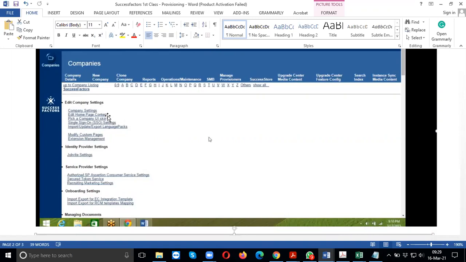The link will be given to SAP, and from SAP to the company, that will also be done through your company details only. It depends upon your license procurement. Both the things are connected from SAP. So servers are managed by SAP only, so the company doesn't have to worry about it. In case there are any updates, that will also happen from the SAP side.